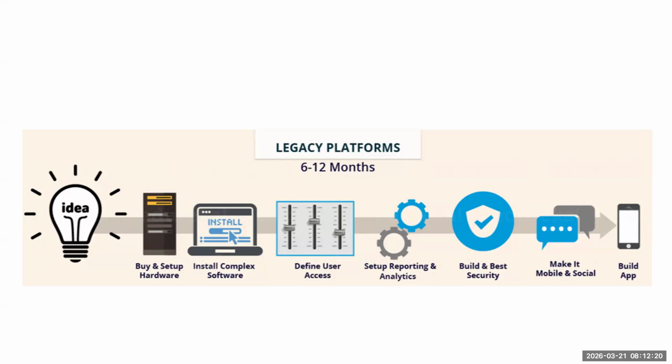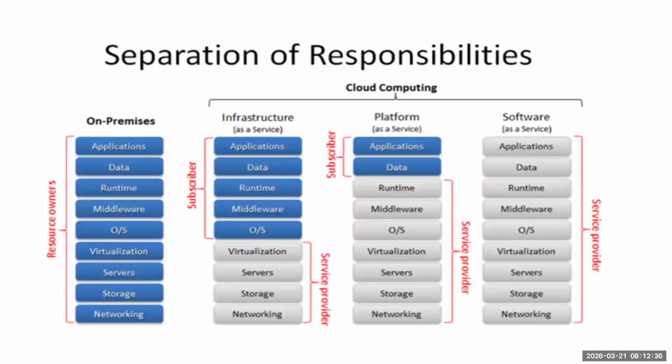When I say increase the capacity, there are multiple ways: either replace the server or increase the capacity by connecting multiple other servers and all, which comes with a higher cost, right? So these were the disadvantages when we are using your legacy platforms. That is where we got an alternative called cloud computing, where if you consider your legacy platform as on-premise, each and every resource you have to maintain, right?